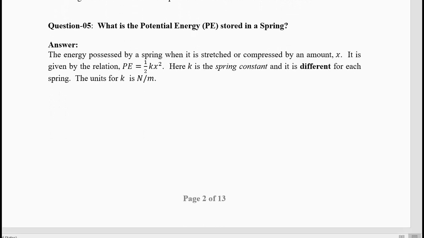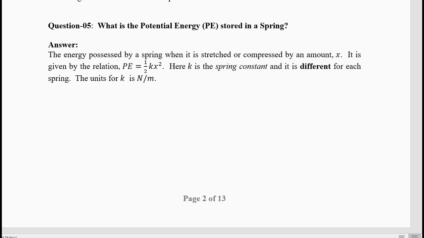Now what is the potential energy stored in a spring? If you look at your old wristwatches or wall clocks, there used to be a key and we had to wind them every evening, or once in a day, or once in 2 days, or once in 7 or 8 days, because by winding we used to store the energy in the spring, and the clock mechanism would slowly release the spring and rotate the hands of the clock.